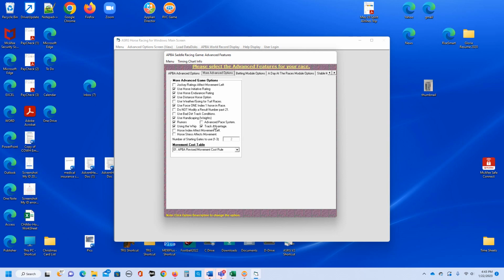And the other thing that we added that I'm using is track advantage. You have to understand that when we create data disks, a lot of times we'll give them actual stats. We'll even have their actual races that they ran. So if a horse would run a race using one of our data disks in a racetrack that they had raced on in real life,